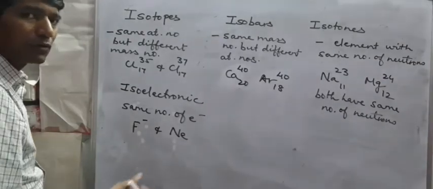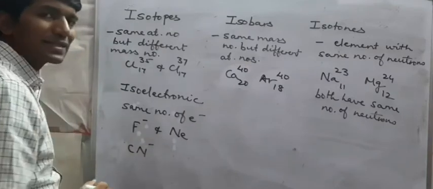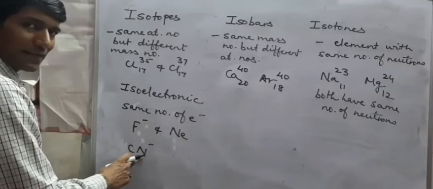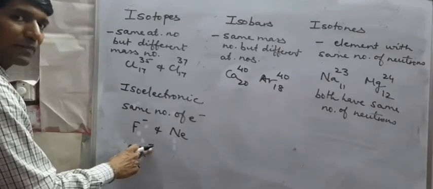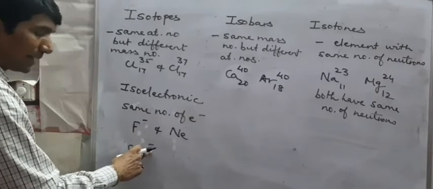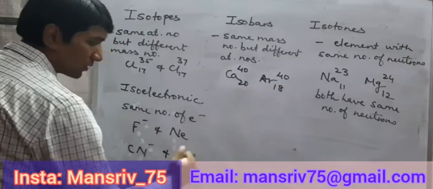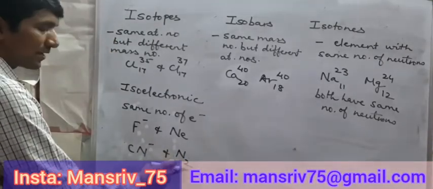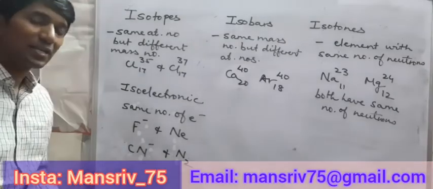Suppose if I am talking about a group. So in the group suppose it is CN minus, which is cyanide. So carbon has 6 electrons. Nitrogen has 7 electrons. So that makes 13. And one extra electron of the charge. So that makes 14. So this 14 here can also be justified with nitrogen molecule. Why? Because the atomic number of nitrogen is 7. So 7 2s are 14. So these are the species which are isoelectronic.